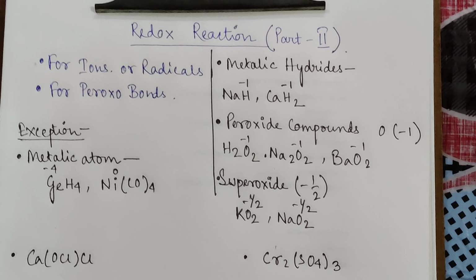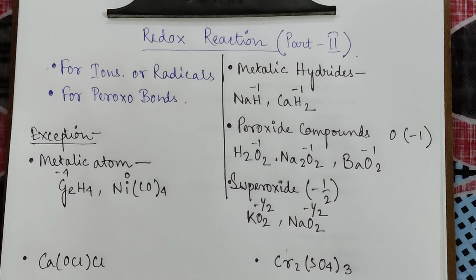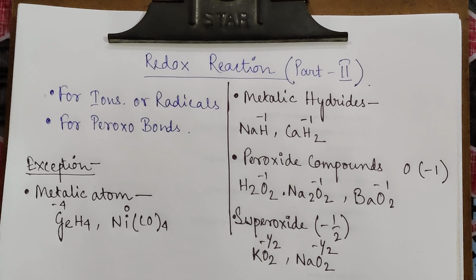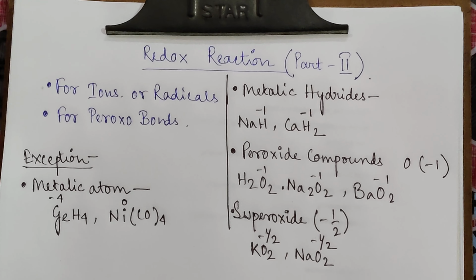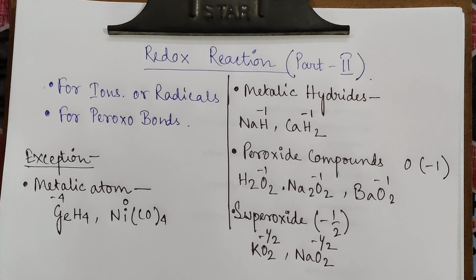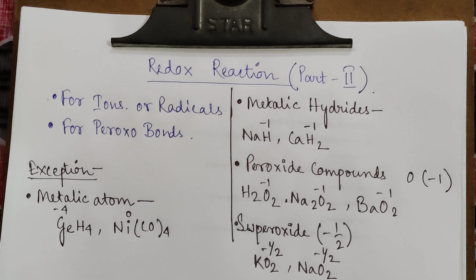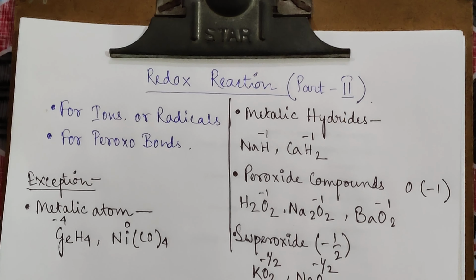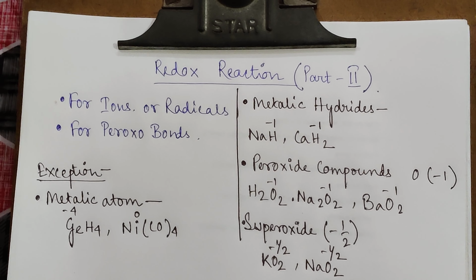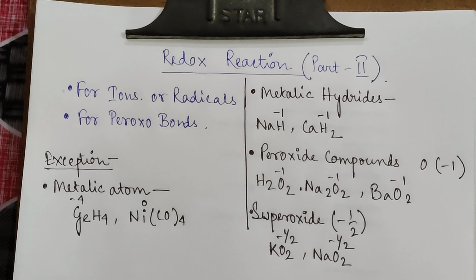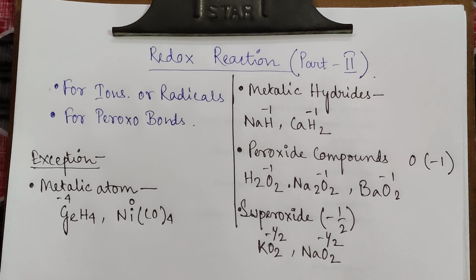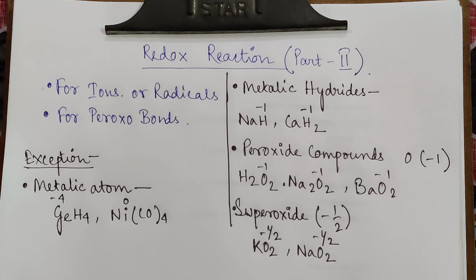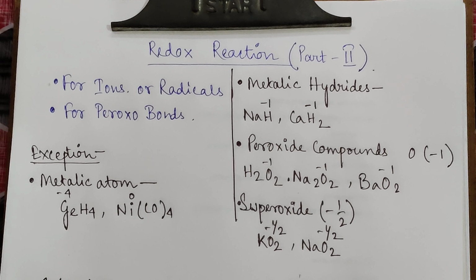Welcome. Today we will discuss redox reactions part 2, which is a continuation of the first video of the same series, where we discussed how we can find the oxidation number of basic compounds, basic in the sense of very primitive compounds. Today we will start from the concept of how we can find the oxidation number of ions and radicals in terms of a specific atom. We will discuss some exceptions and how we can handle a compound that contains a peroxo bond.